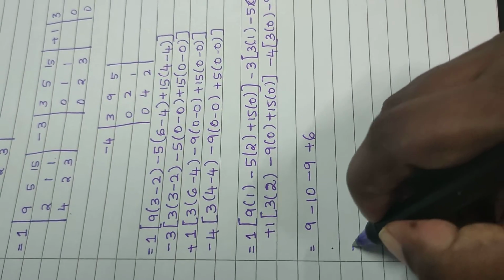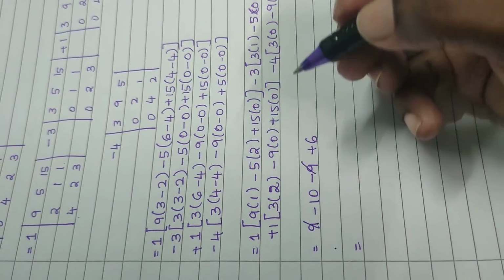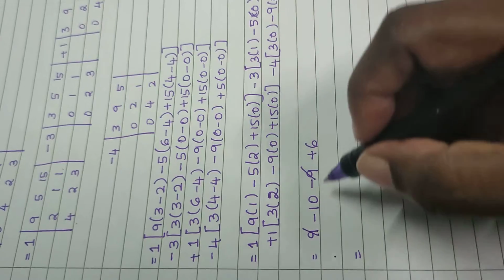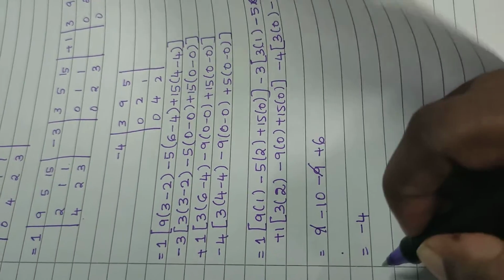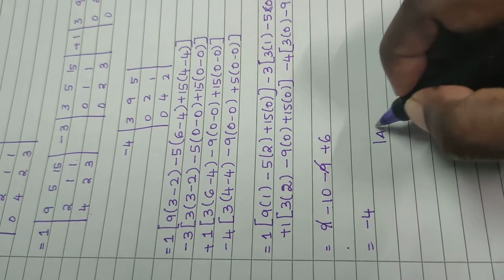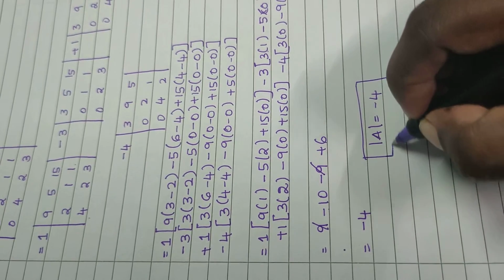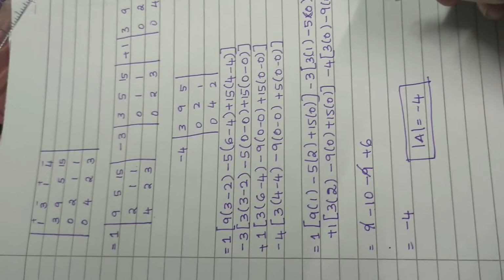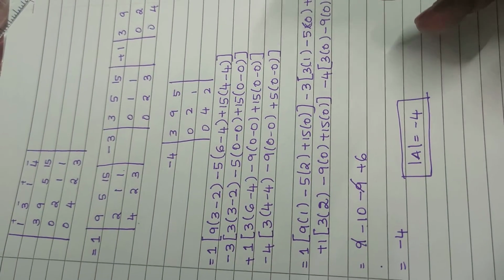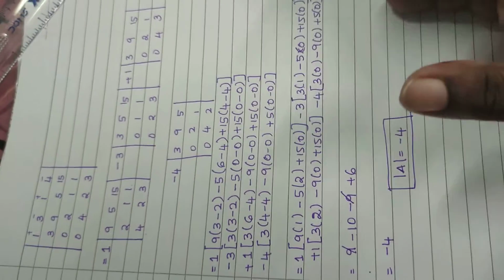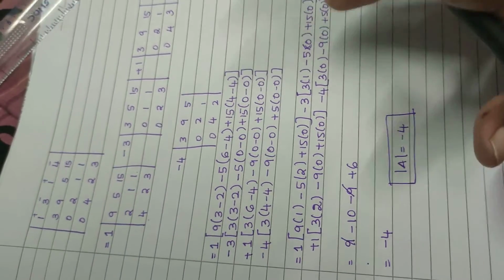Okay, now if you notice, plus 9 minus 9, I can cancel. You can straight away start adding it up. Minus 10 plus 6 is minus 4. So determinant of A is minus 4. This is my answer. So for a 4 by 4 matrix, I can do the problem like this. It looks a bit tedious, but it is not actually. If you are very clear with a 3 by 3 matrix, then everything becomes easier. So this is my determinant.